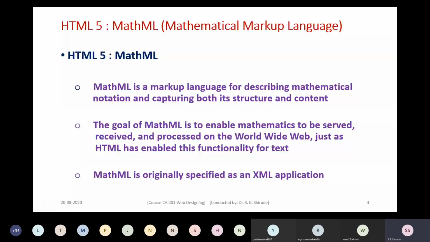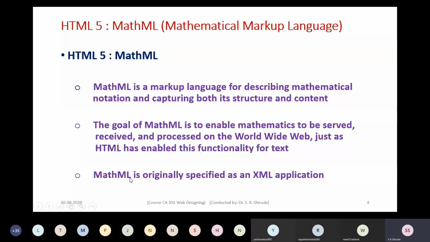Keep it very simple. Just add some 10 elements, suppose a smaller number of attributes, add them, but you should try to develop a particular markup language. Okay, so by using XML, one can design one's own markup language.